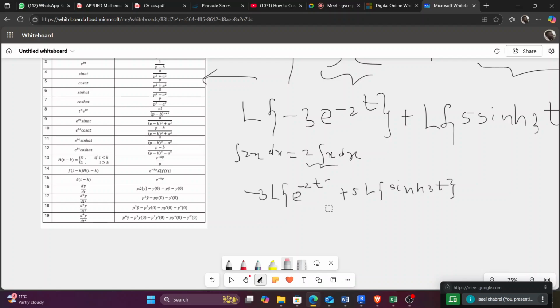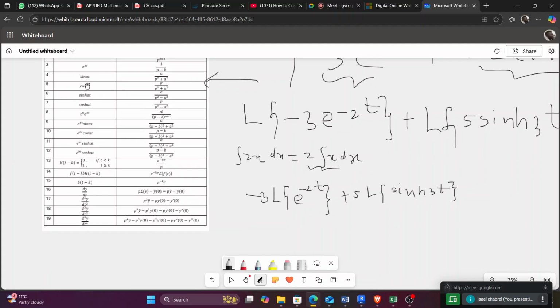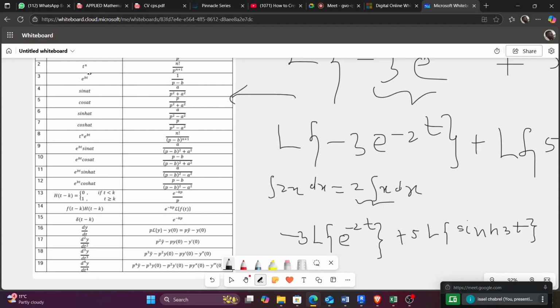After writing like this, now you can solve for Laplace. How do you solve it? You simply go to the formula sheet, you identify where you are, and you write the solution. Like we are here, I'm on exponential. Where is exponential? This is exponential, the formula, and this is the answer. When you solve for the Laplace, you move from left to right. When you solve for inverse Laplace, you move from right to left. But you will see it when we get to the inverse Laplace.